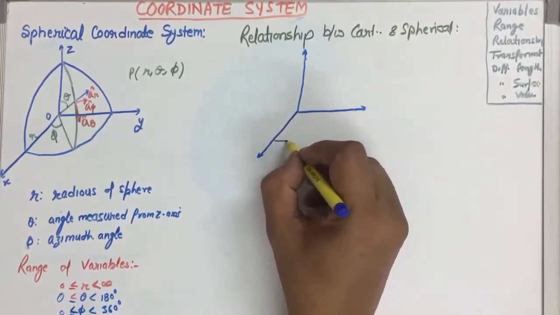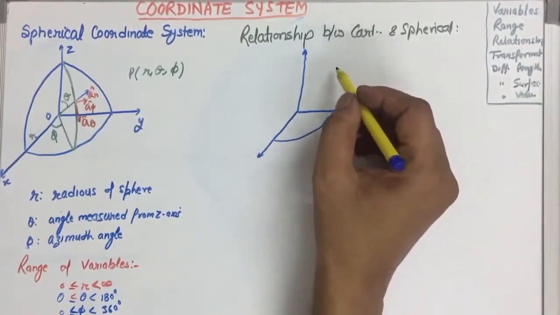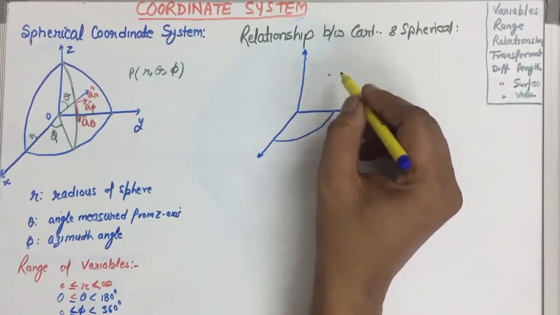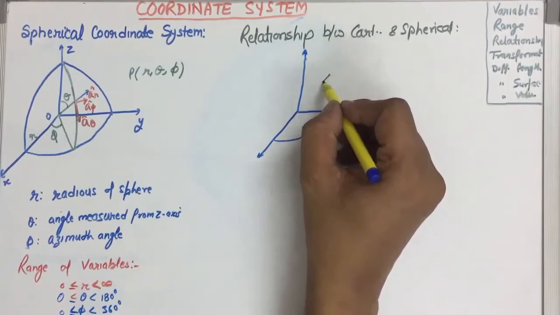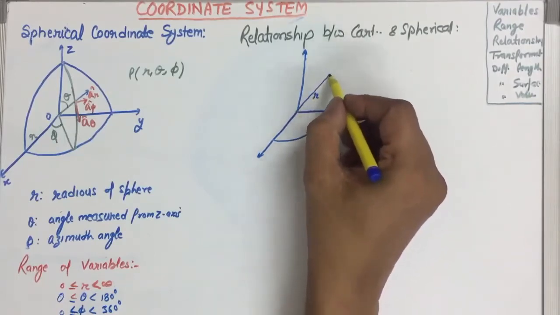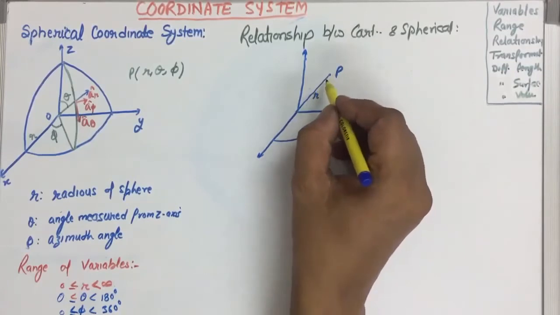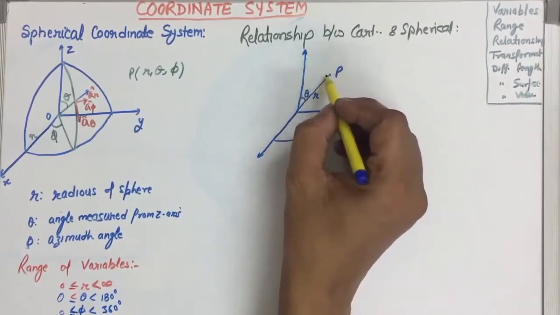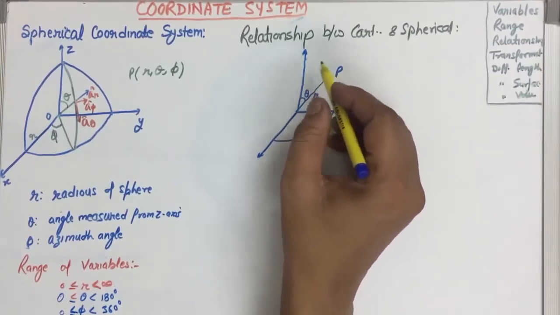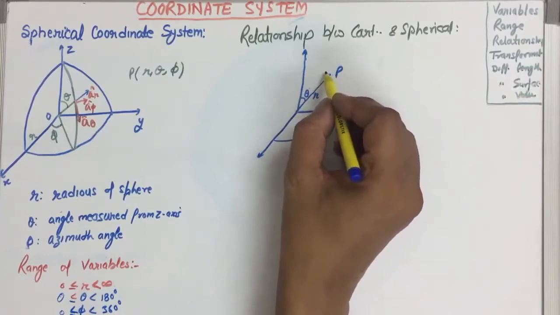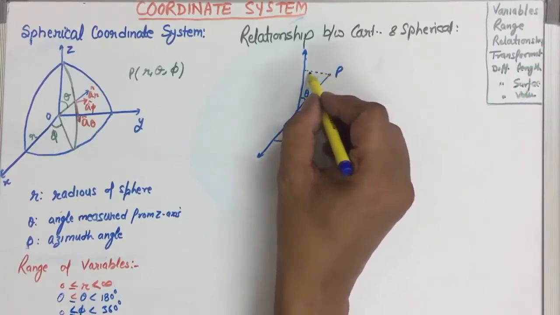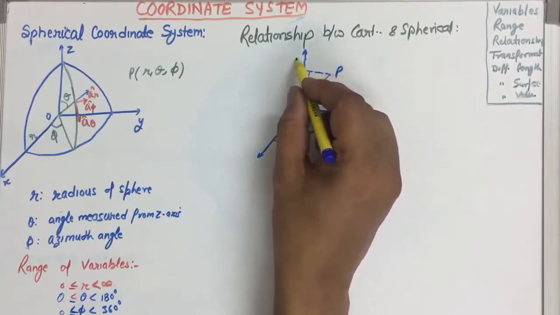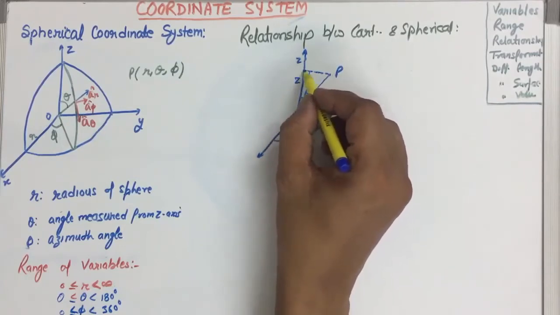Consider any point P on the surface. Then the distance will be r if the point P is on the surface, and this is theta, and the perpendicular to this will be 90 degrees. It is the Z axis, so it will be Z,